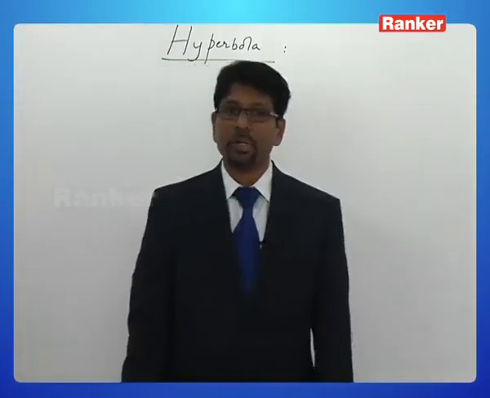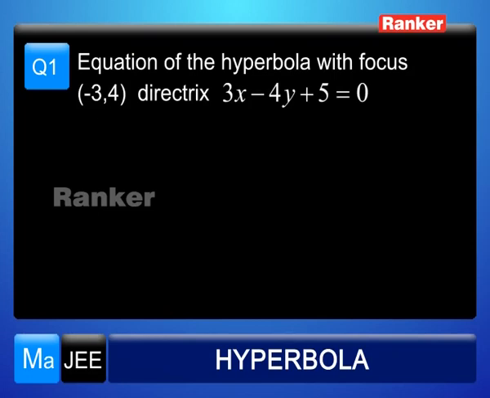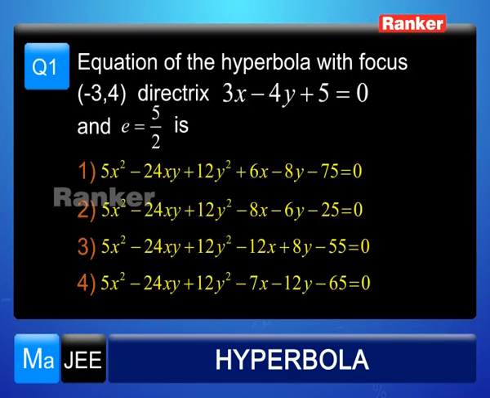We shall now discuss some problems on hyperbola. So the first question goes like this. Equation of the hyperbola with focus as minus 3, 4 and directrix as 3x minus 4y plus 5 equal to 0 and eccentricity e equal to 5 by 2 is, first option, 5x square minus 24xy plus 12y square